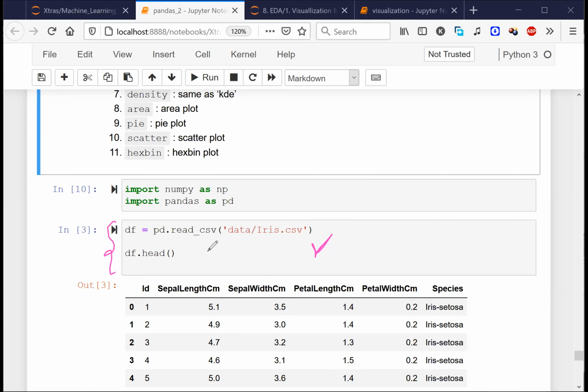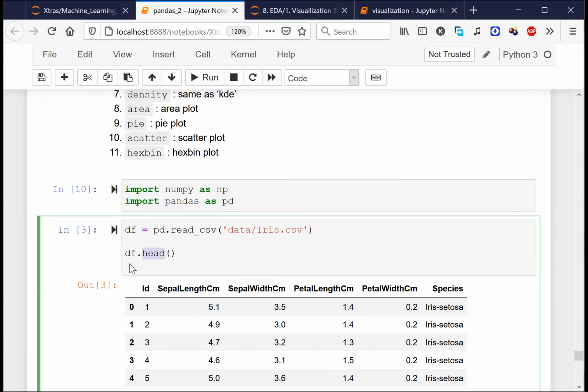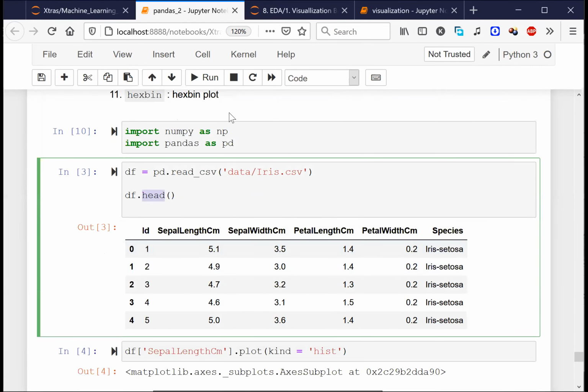So what we are trying to do here is create a pandas data frame, which is called df. Whatever is present inside my computer's hard drive, the CSV file, I'm trying to load it inside the computer's RAM in the form of a df data frame. And finally, we are trying to print out the first 5 rows of this data frame in order to understand what kind of data I have.